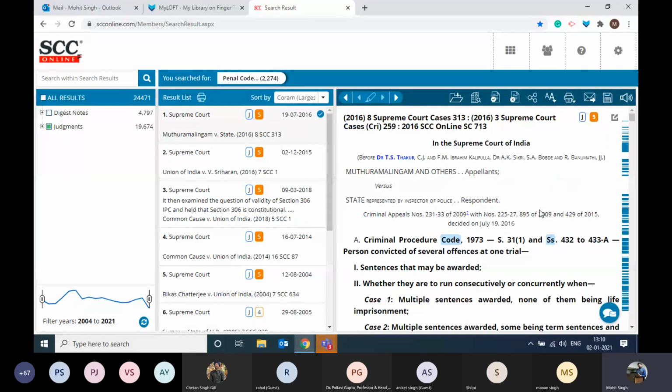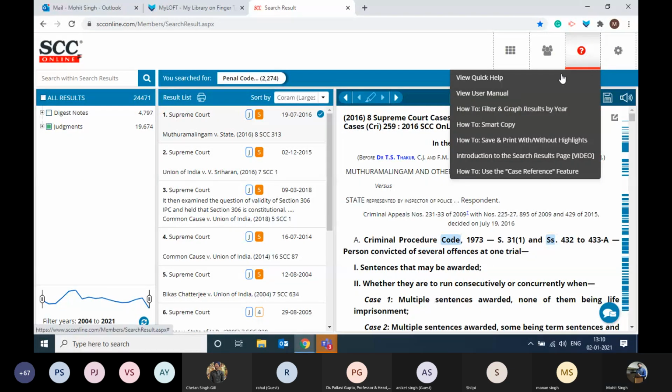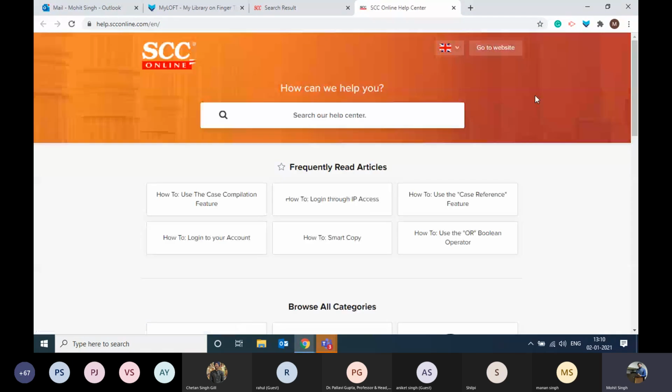Whenever you're working on the software, it may happen that you wonder how does this work and how does that work. A lot of questions can come up. You can certainly reach out to us. We will leave our email address over here in the chat box. The second source of help is the help center. The help center's view user manual gives you all the pictorial representations which you want on whichever feature you're looking for.